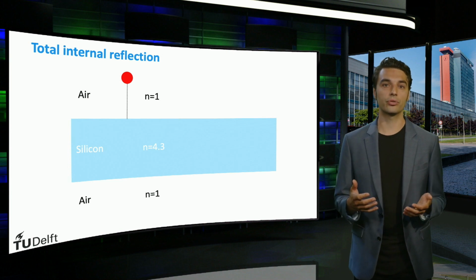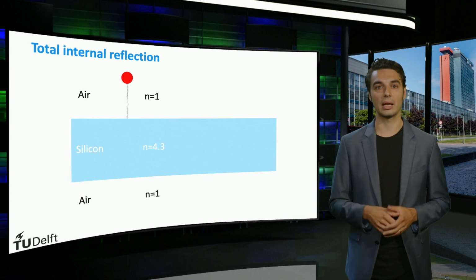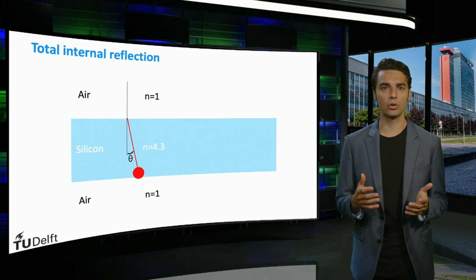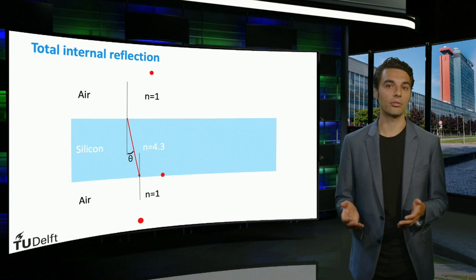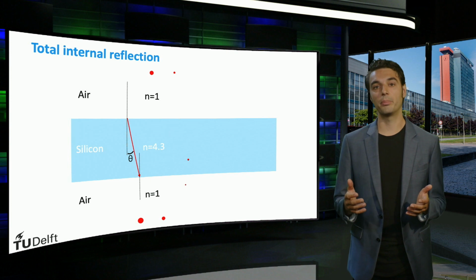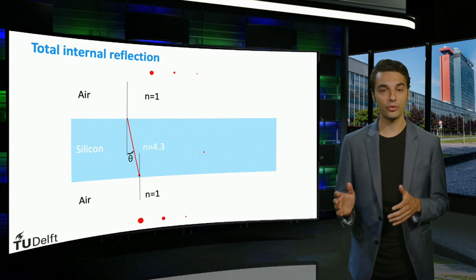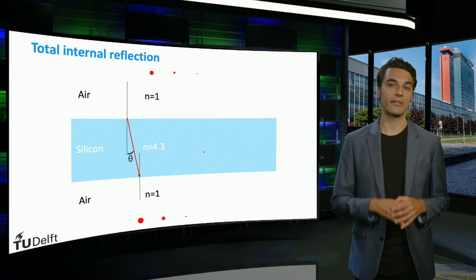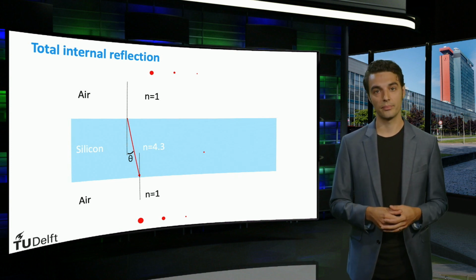The light travels through the silicon at the refracted angle theta until it reaches the backside of the slab. At this silicon-air interface, a large fraction of the light intensity is transmitted from the slab, while the rest of the energy is reflected back into the slab. The reflected fraction passes through the cell once more. At each subsequent silicon-air interface, a fraction of the energy is transmitted from the silicon slab. After a few passes through the cell, hardly any of the initial light intensity remains.